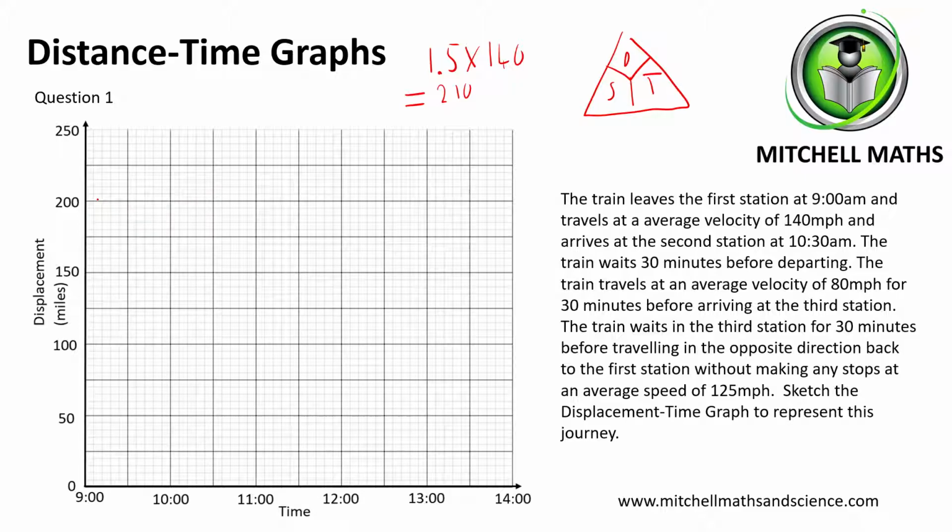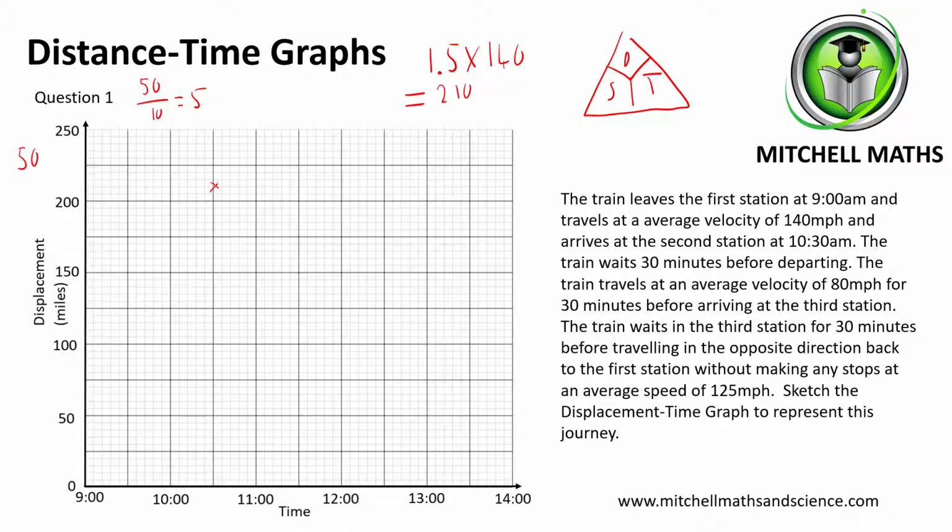So if I have a look at the scale, well, 250 take away 200 is 50, and it's represented by 10 boxes. So if I think about each box, that's going to be 50 divided by 10. Each box is going to be equivalent to 5 miles. If it's 210, that's going to be 200 plus 10, so I'm going to need to go 2 boxes up. So I'm going to plot here. And what I do is I draw a straight line from 9 AM right up till